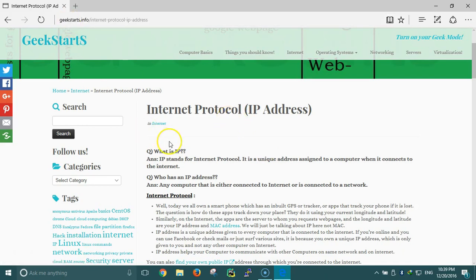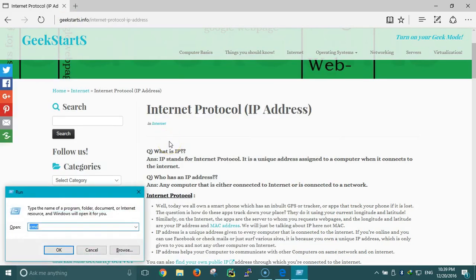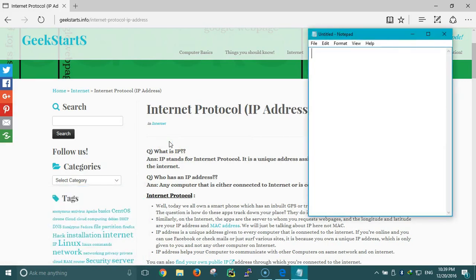In IP addresses too, let me show you the format. Any IP address would be in this format, where X is anywhere between 0 to 255. The reason behind this is there are 256 valid numbers that you can use in an IP address, but since we start from 0, it would be 0 to 255.